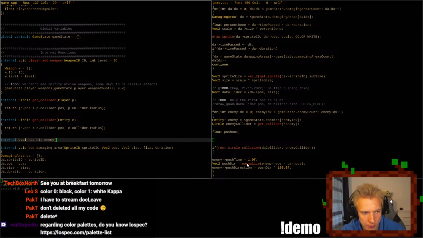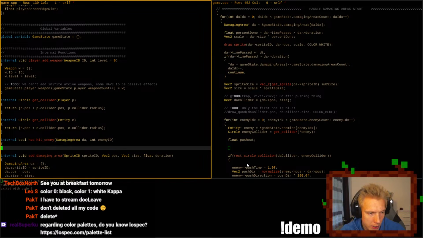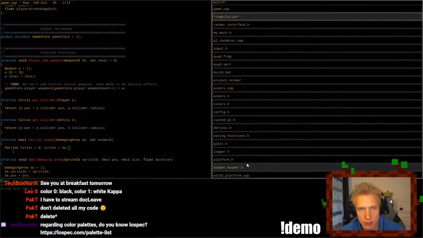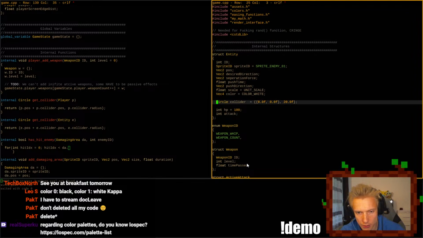It takes in an int enemy ID, I think, and it takes in a damaging area, DA, and it just does a for loop. Hit index is less than DA dot... I need to look at the data when programming. Otherwise, I don't know what I'm working with.